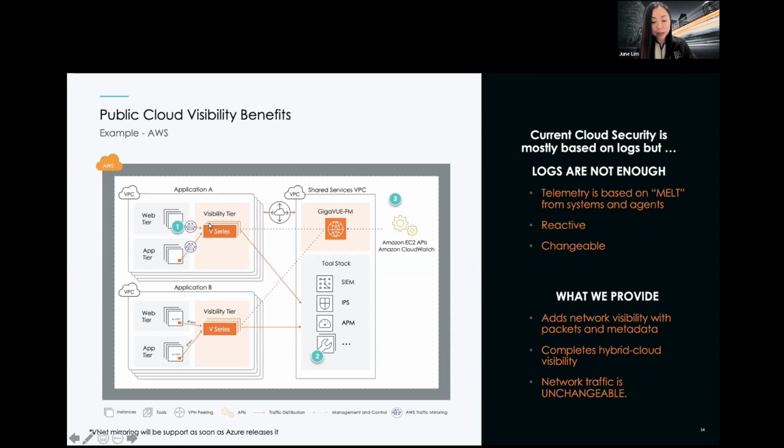We'll get the traffic. All this is automated. We are integrated with Amazon. We are integrated with Azure. So any time, let's say under ABC account, you have a new workload on Amazon, we will know. And we will start to collect the traffic from that new workload, send it to Gigamon Visibility Fabric, and any tools connected to us will immediately see it. This is how easy we make things.